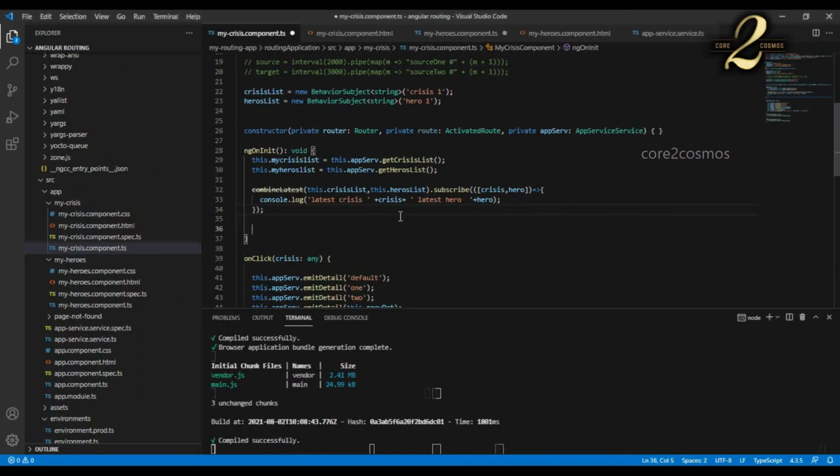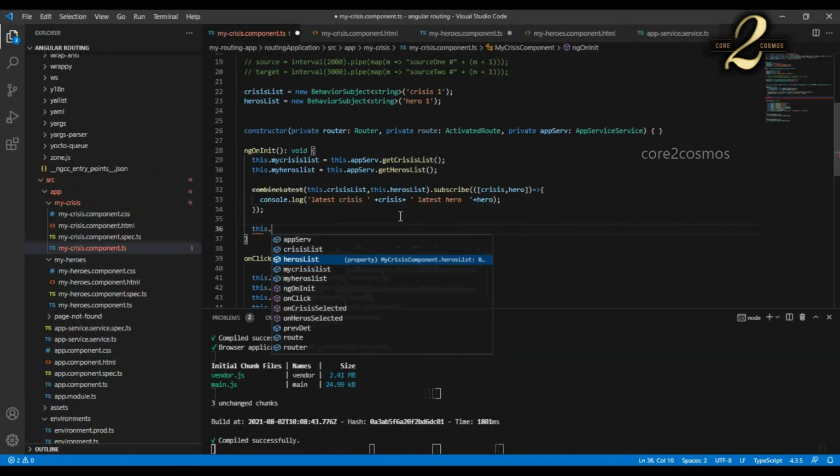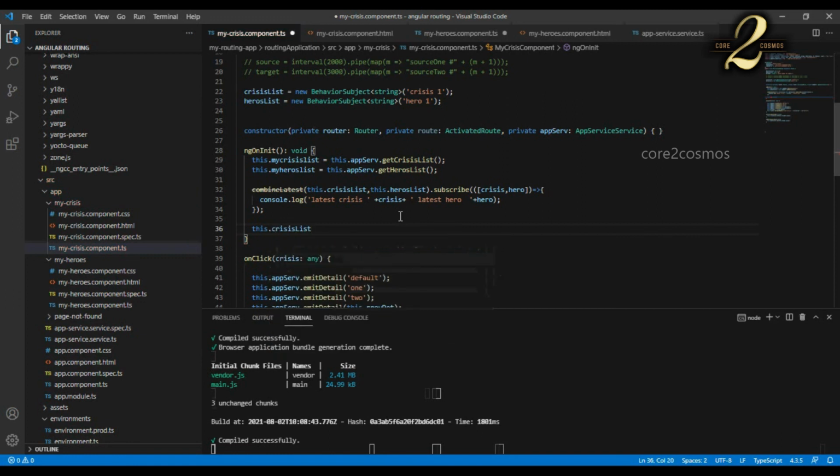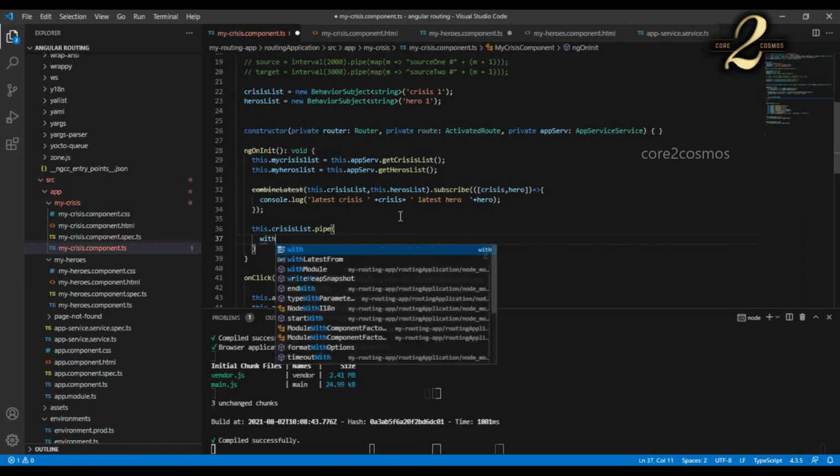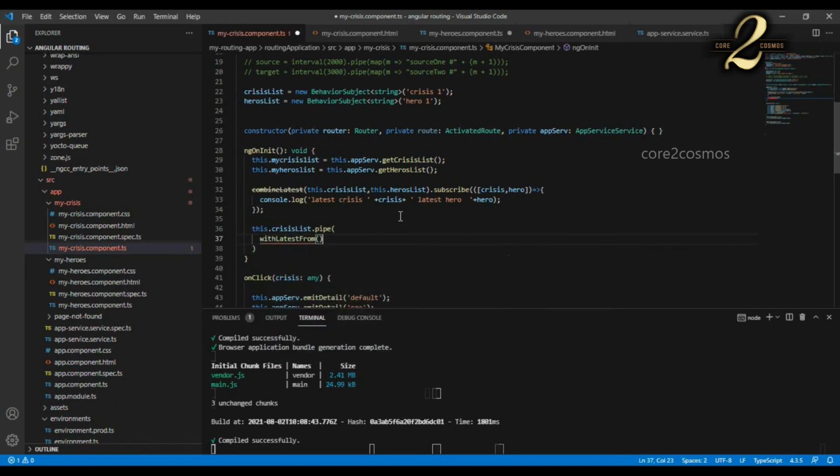In the mycrisis.component.ts file at line number 36, I say this.crisisList.pipe and then use the withLatestFrom operator and pass this.heroesList as input parameter. The crisis list is my source observable and heroes list is my target observable.